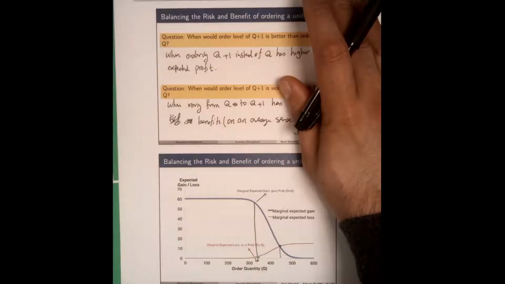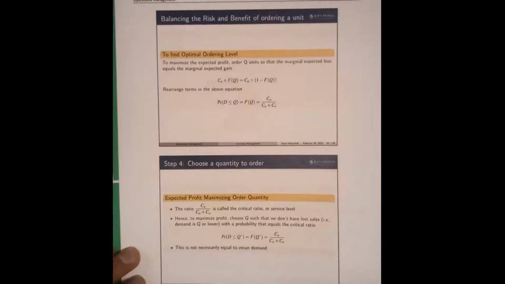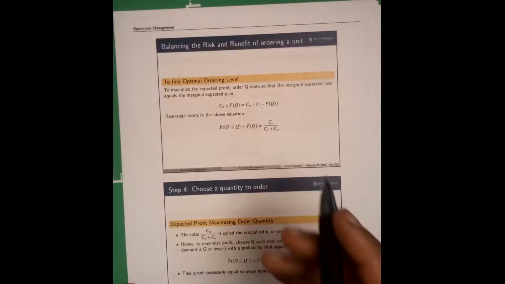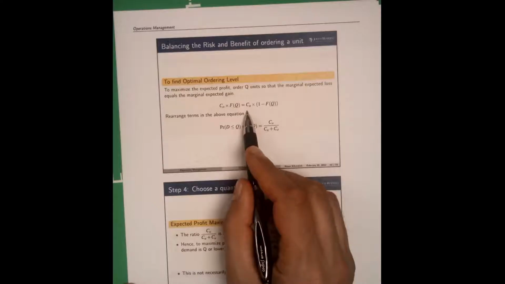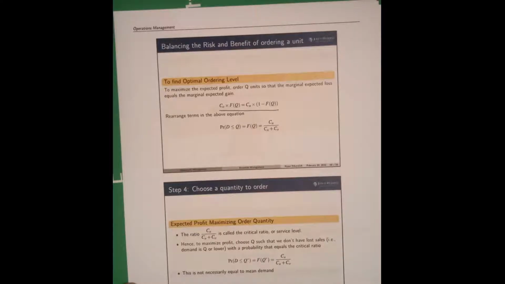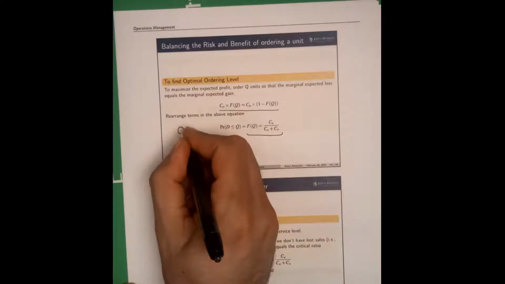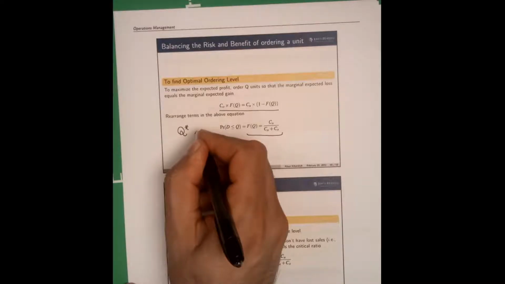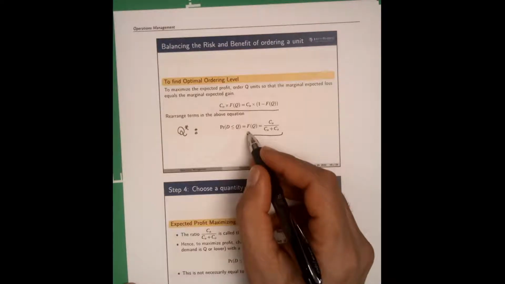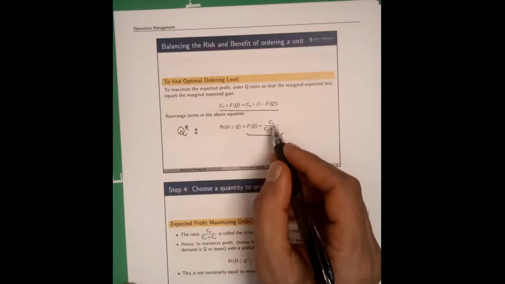Again, there's a little bit of math involved, but we are not going to get into too much of it. If I solve the problem of marginal gain equal to marginal loss, it's going to take me to this equation, and quite frankly, we don't need to get into too much of how we got those quantities. Finally, we get to how we can find Q. The inventory level Q star must satisfy this equation: the cumulative distribution function, capital F, at Q must be equal to Cu over Cu plus Co.